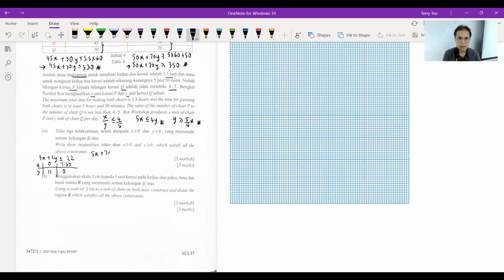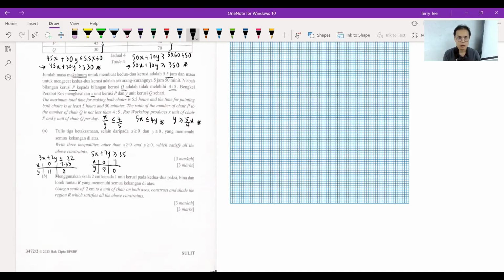5x + 7y ≥ 35. So use a table of values x and y. So we sub x with 0, your y is 5. Sub y with 0, your x is 7. Okay. So now,